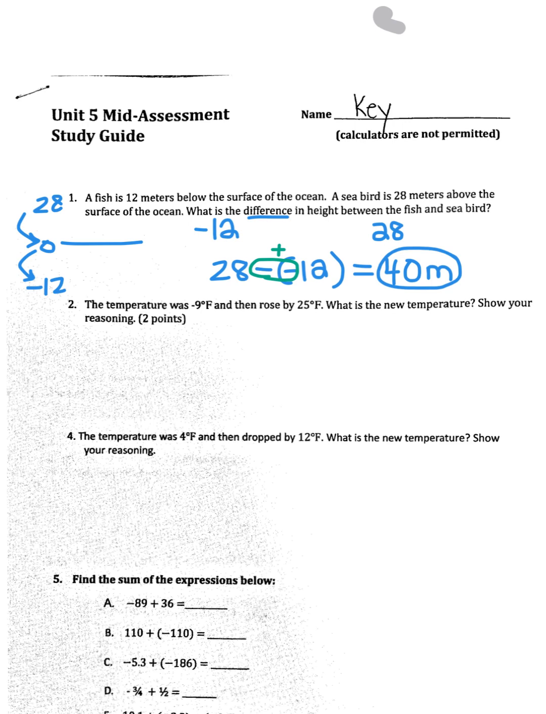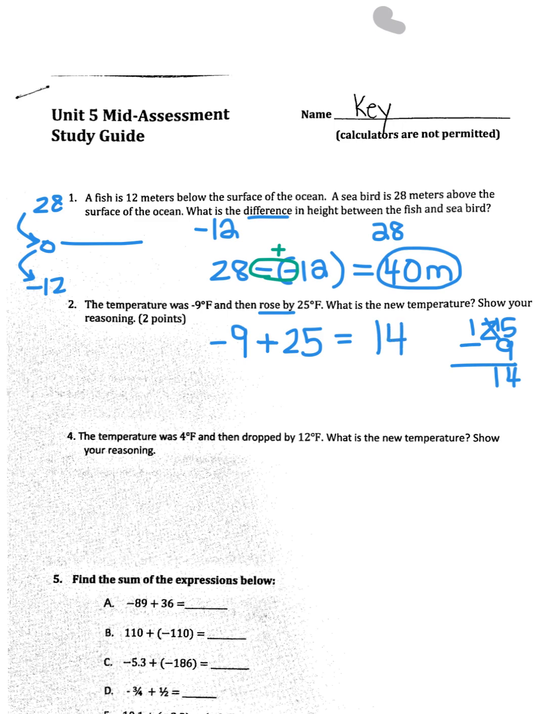All right, number 2, the temperature was negative 9 degrees Fahrenheit, and then it rose, it went up by 25 degrees. What is the new temperature? So there's my reasoning, there's my expression. Now I'm going to use my adding rules. Different signs, subtract. And if you're doing it by hand, because you can't use a calculator, you have to borrow,